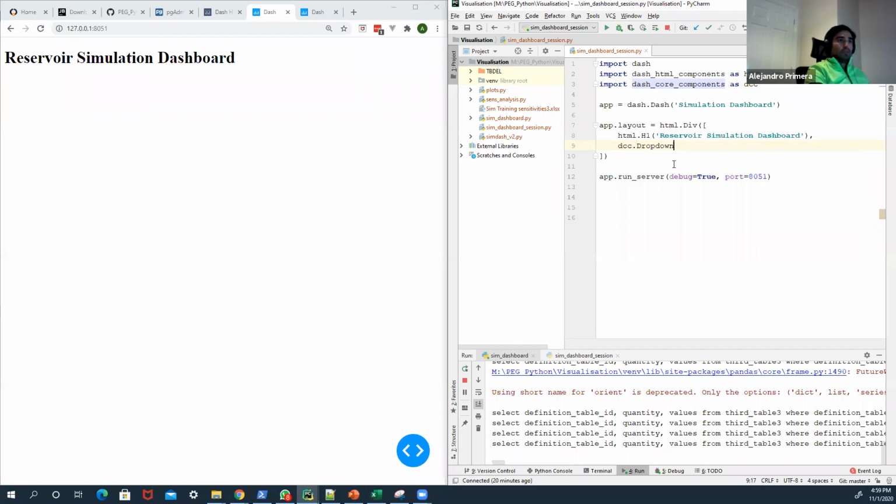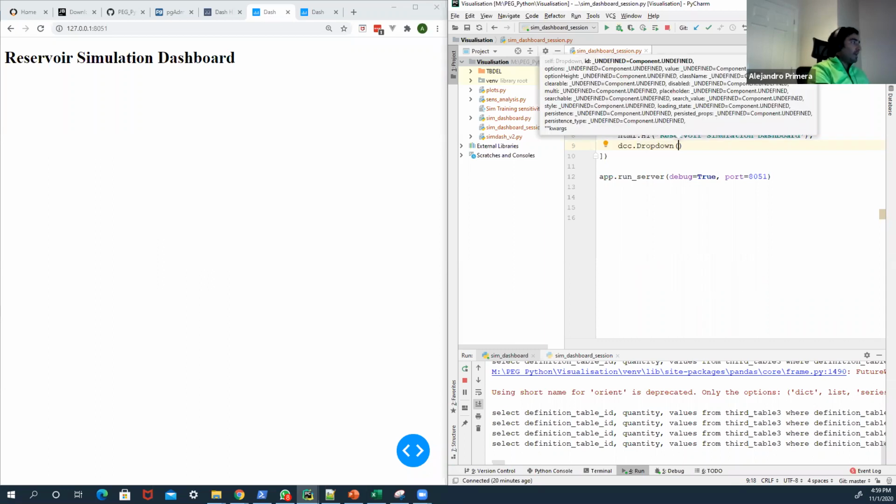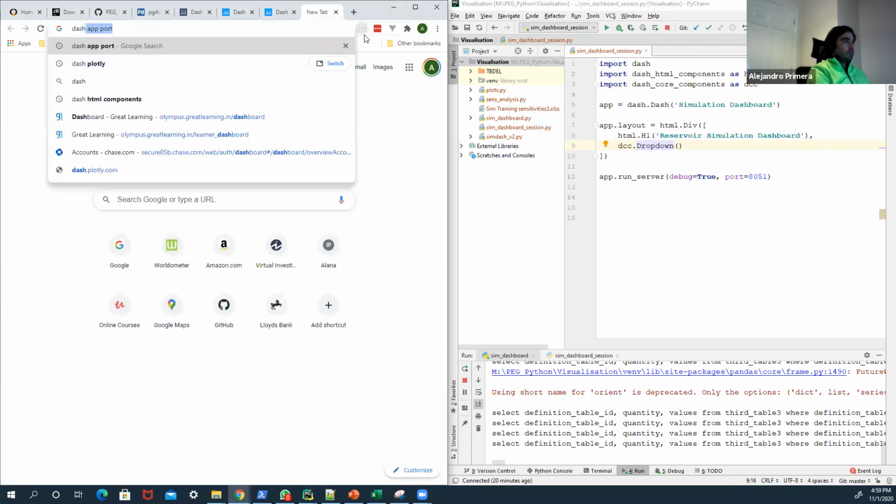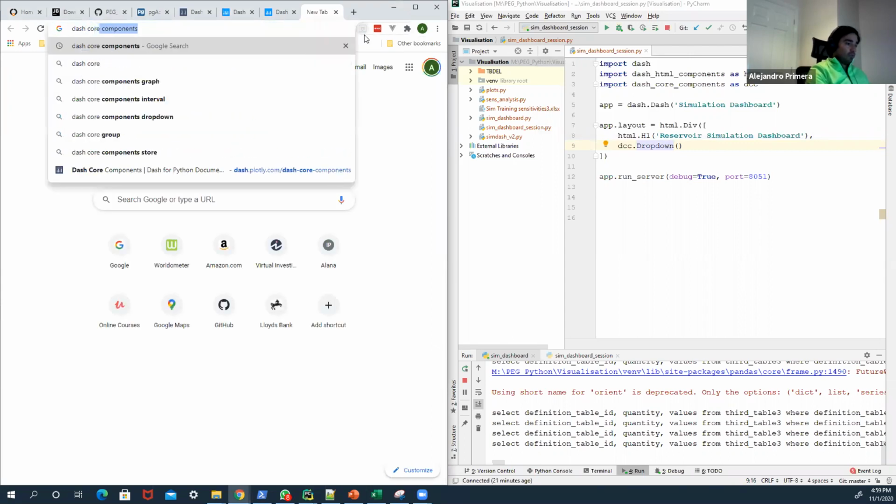I'm going to use the drop down, and in the drop down you can see you need to define the ID of the drop down, which is just a name, and the options, we need to pass the options. So if I go to the Dash documentation, Dash core components,